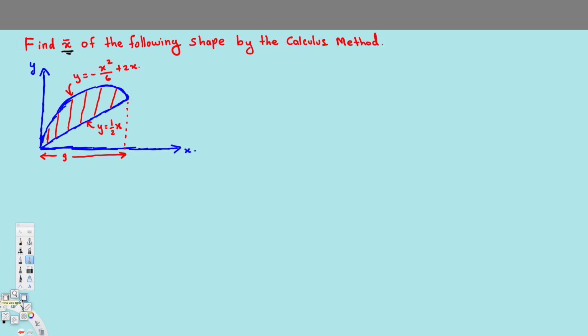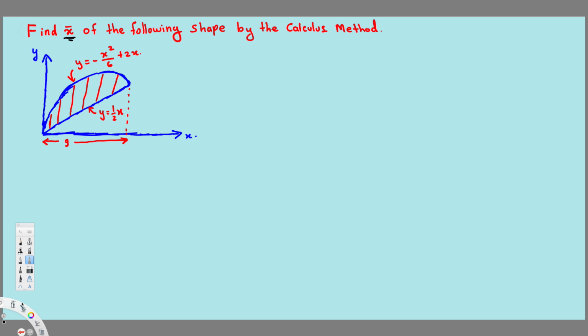Going on, guys, let's see how we can find the x bar of this diagram using the calculus method. So the first thing we have to do is find the area of this one. To find the area, we have this equation: A is equal to the integral from a to b of f of x,